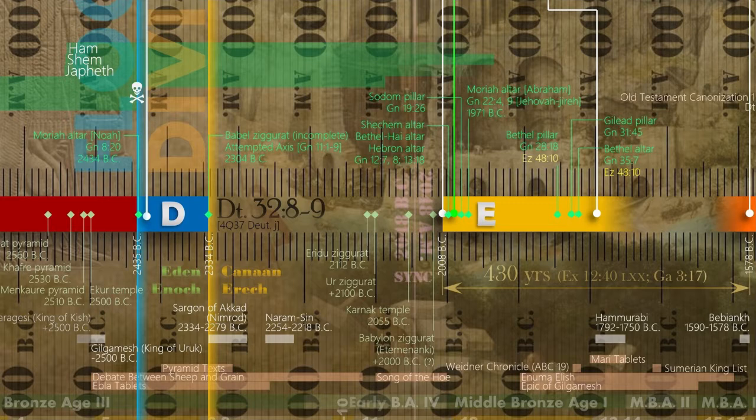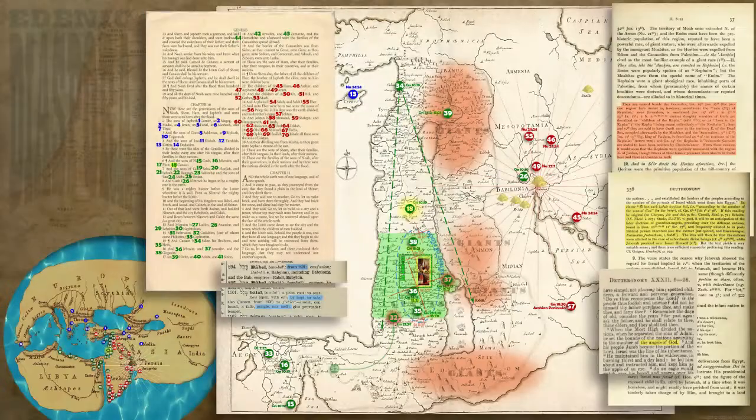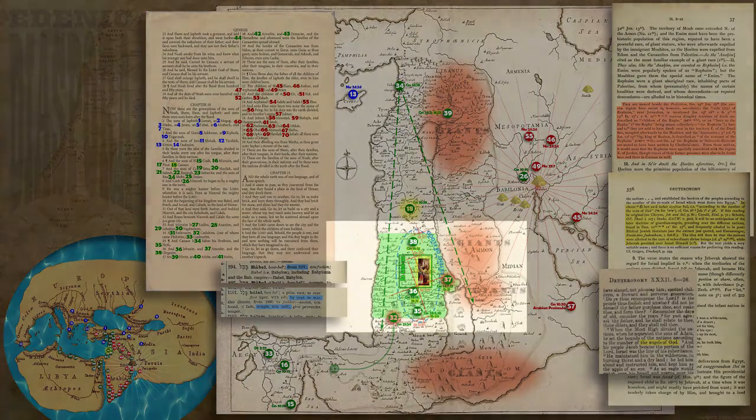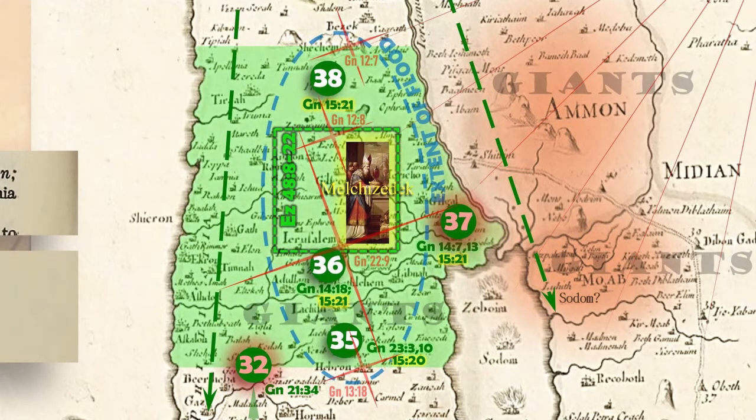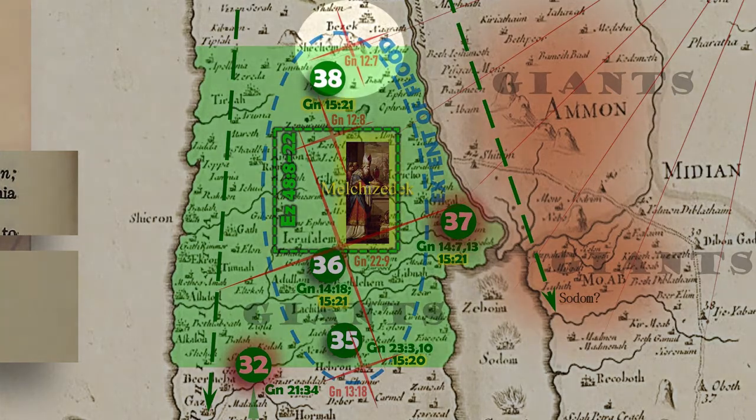And of course, we know later when God called Abraham into Canaan, he built an altar at Shechem, and that's in Genesis 12:7. And then he went a little further south and built an altar between Bethel and Hai, Genesis 12:8.